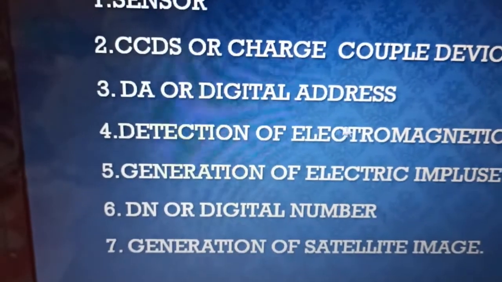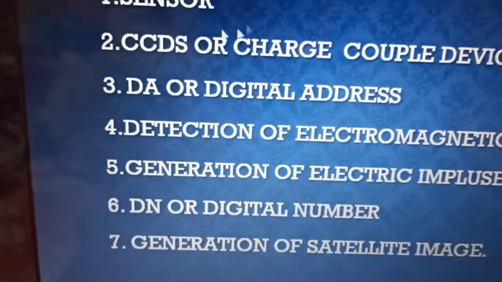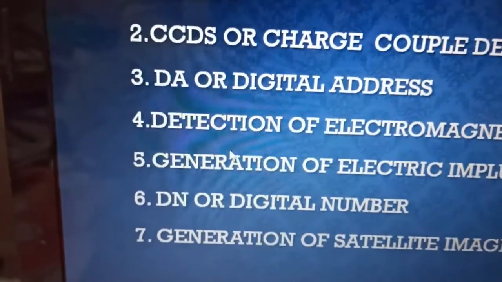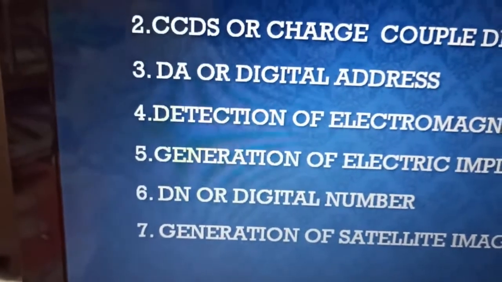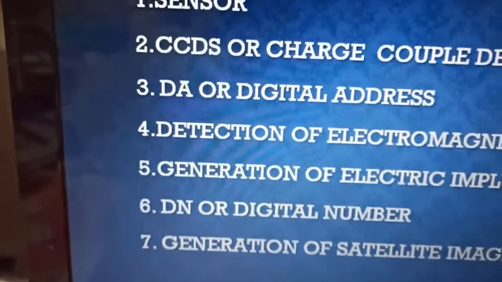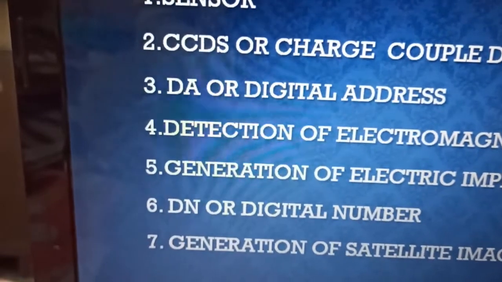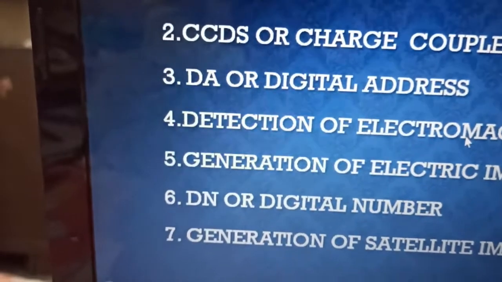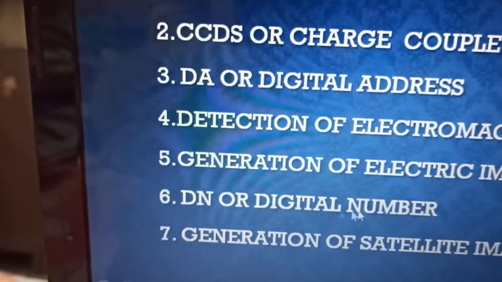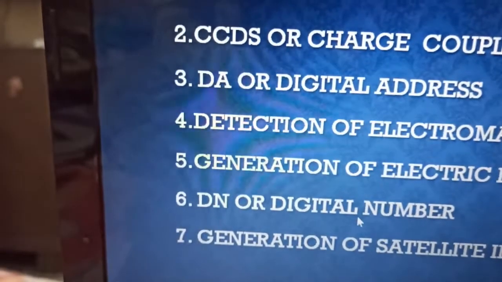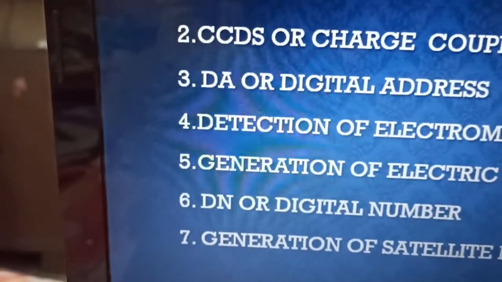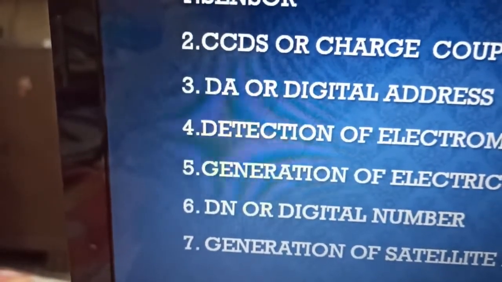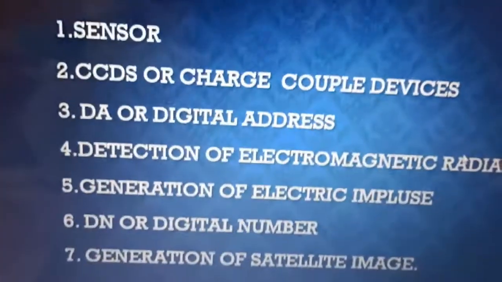Depending upon the intensity of the reflected incident light, each of these CCDs generates an electric impulse which reads the value of the reflected energy that is being transmitted. The intensity of this impulse generally remains between the value of 0 to 255, and this we call the gray level or digital number. Then the satellite transmits this digital number to the receivers back on the earth, where, using the remote sensing software, the satellite images are generated.